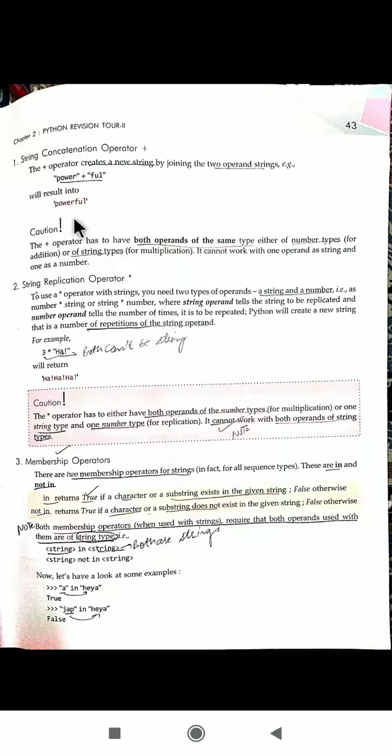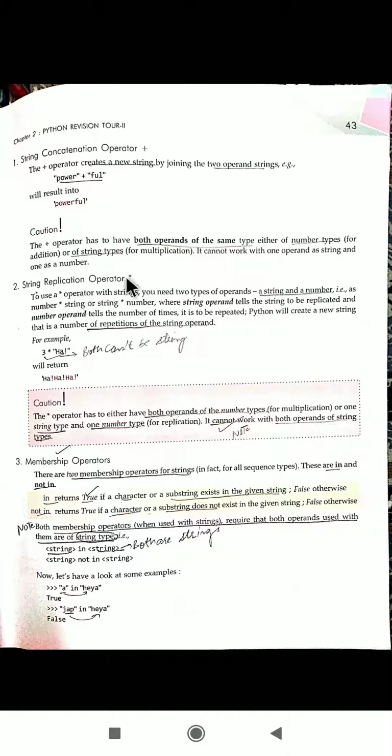Note that you should keep in mind that both operands must be of the same type. Either you can take strings of character type, or strings of numbers, that will be okay, but both operands of this operator should be of similar type.